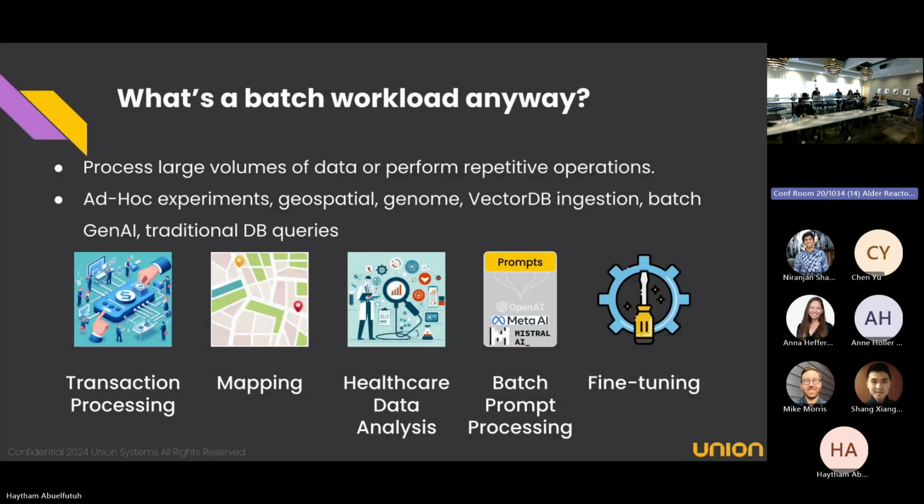To give some examples, even the RAG ingestion pipeline is really a batch workload. You're running ad hoc experiments, deploying ML models and doing A/B testing between models. That's a batch workload. Processing geospatial data, processing mapping, generating maps, and all kinds of things